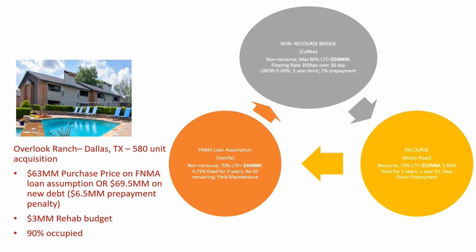If you go up to non-recourse bridge, they were willing to give up to 80% loan to cost. So $58 million loan against 69.5 of new purchase price and 3 million in rehab. So you're essentially going to be at maybe 14 to $15 million all in raise, which is about $5 million less. And the recourse loan was about 52 million, 75% loan to cost. So it's about $6 million less. And not many people are going to do a recourse loan that big. So it's really between the Fannie and the non-recourse bridge.